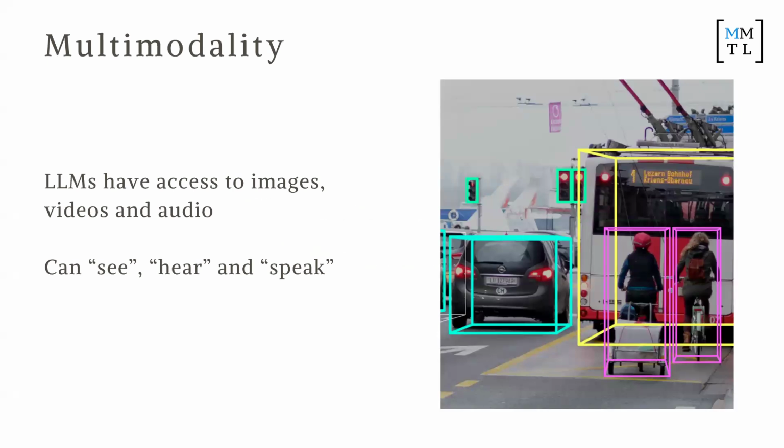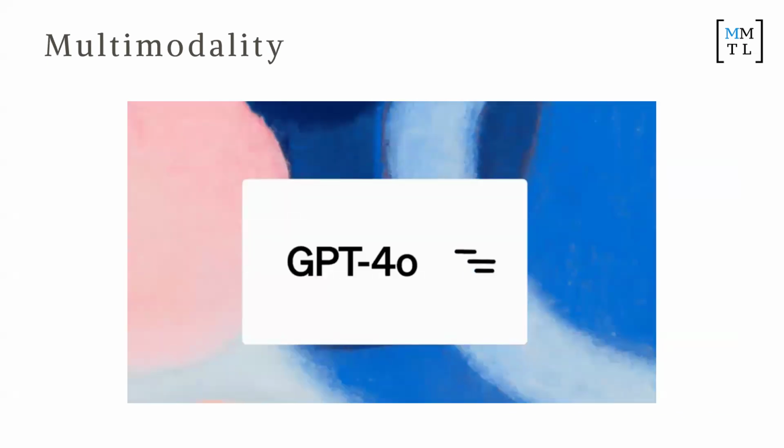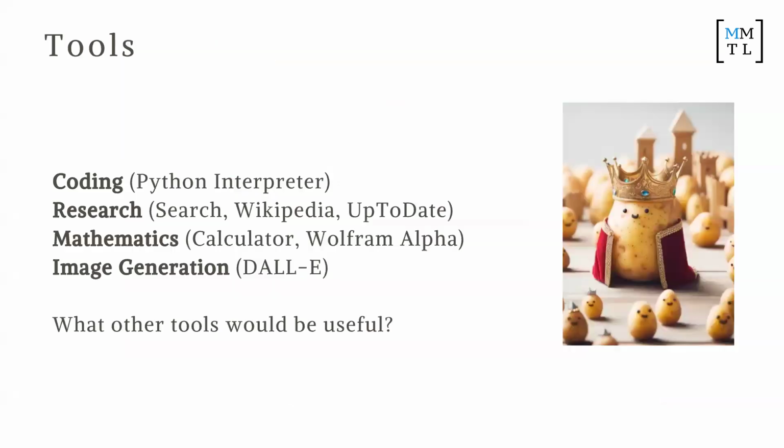So firstly, we have multimodality, which is LLMs have access to images, videos, audio, they can hear, see, speak, although we had a conversation on this table about what exactly that means. If you see something, does an AI see something in the same way? We don't know. And so ChatGPT 4o is a recent platform that has started to turbocharge multimodality, which really considers how to fuse together images, video, audio in a single package, and then also tied up to knowledge and language as well. Which is a really powerful thing to think about.